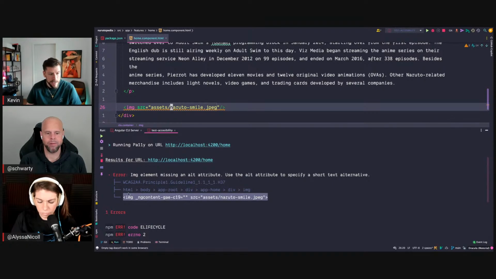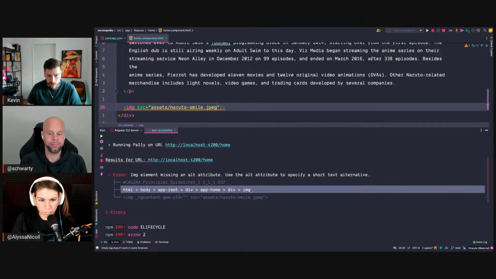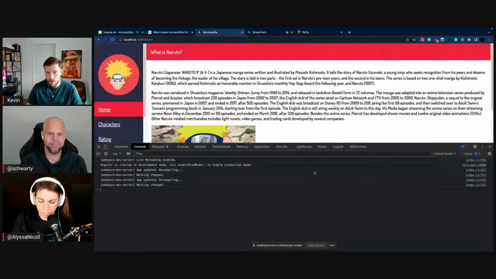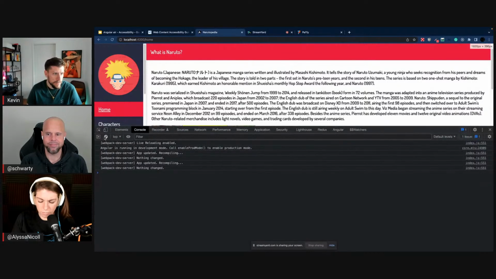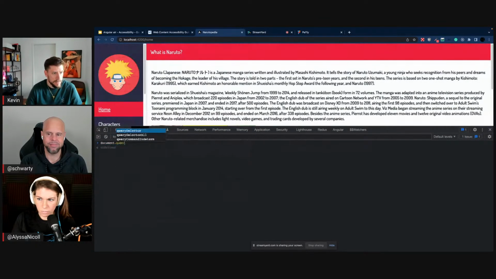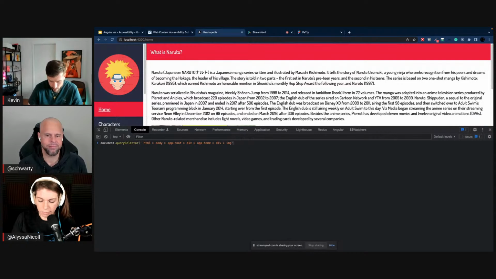What I kind of like is this selector that gets printed out, because sometimes it's not so easy to find the correct element. I just copy that selector, open up some dev tools, and then you can just do document query selector and paste the selector in.